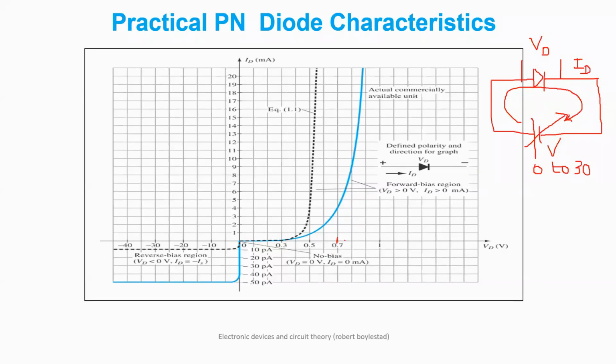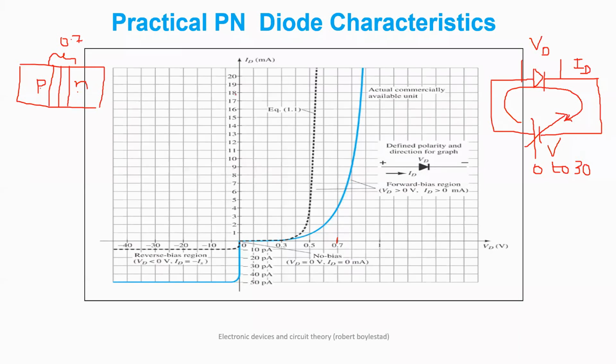So when you increase the voltage beyond 0.7 volts, what happens? The voltage across this diode becomes constant. Why is this voltage constant? Because suppose this is your PN diode, this is your P, this is N, and this is your depletion region. So charges are being separated, so they are acting as a capacitance. So we are getting some fixed voltage across that. So this is the maximum voltage we are getting across the diode.